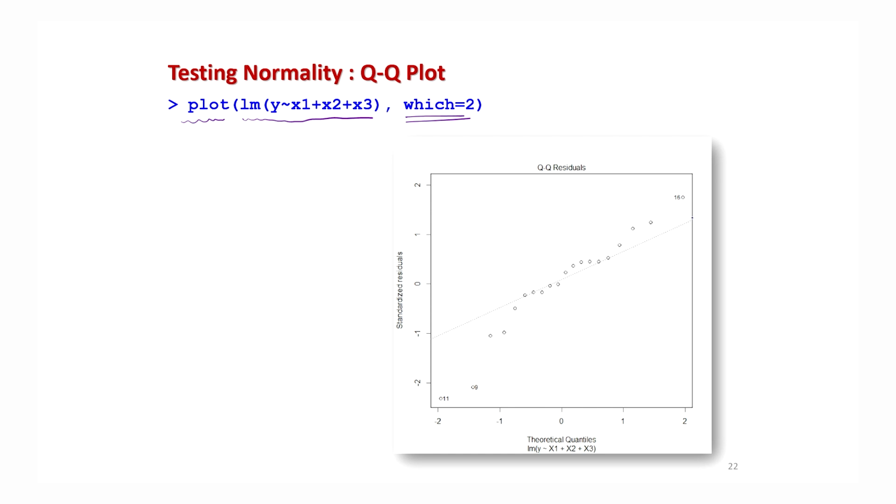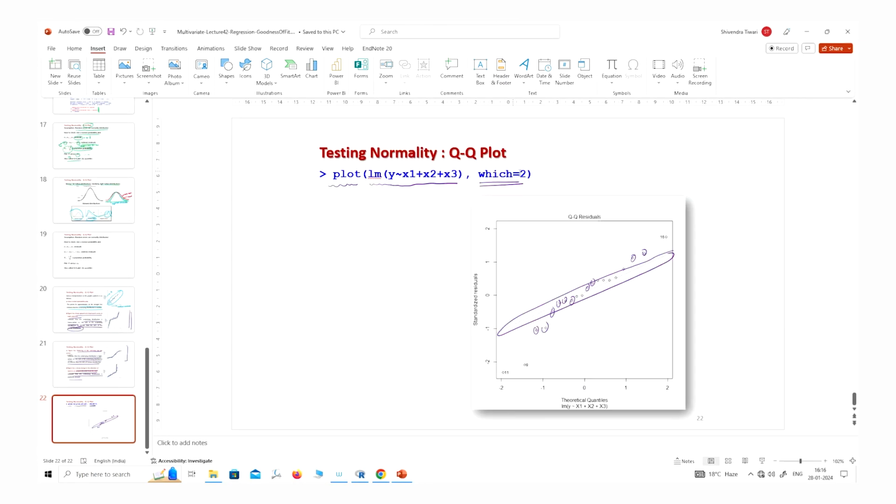So you can see here, this is the line, and the points are here like this. Now it is your capability to decide how you want to interpret it, whether it is normal or something else. I am leaving this up to you, because it is like looking at the same x-ray, different doctors give a different opinion and all of them are correct. So it depends on your practice. The best thing is to generate some artificial data set from the normal distribution, plot the QQ plot and see, and then get some more data sets from heavy tailed and light tailed distributions, and plot these things, right?